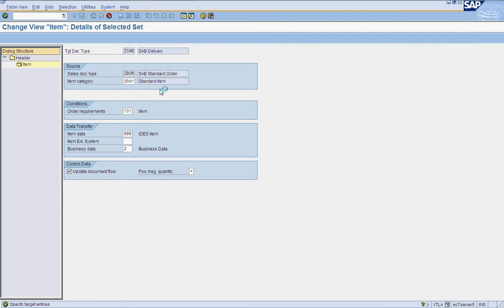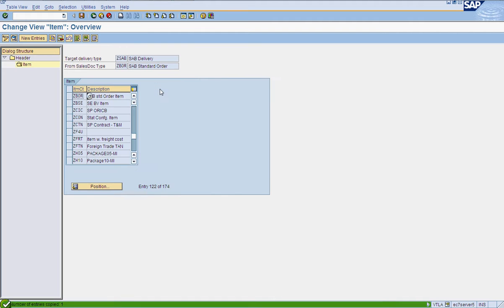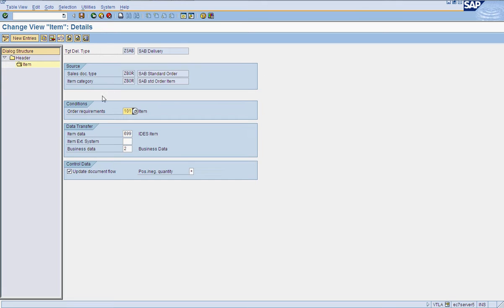Because delivery item category uses the same standard item category from order, we are just entering the source item category, and there is no need to have a target item category because it would be the same one. So now just save this one.